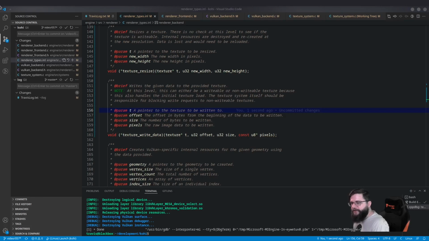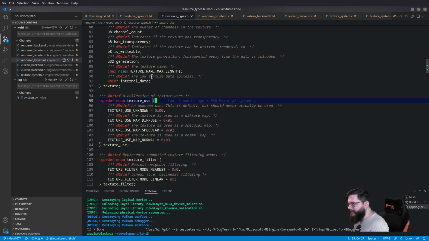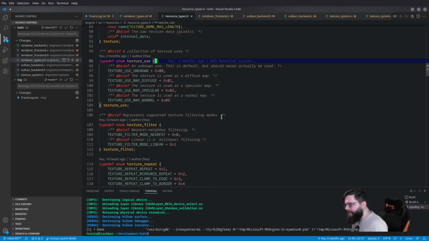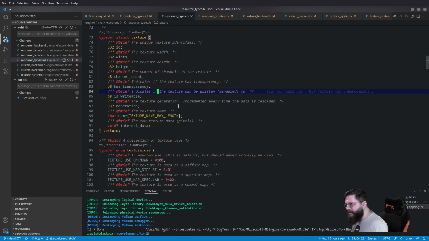There are a couple changes I want to make to the texture type itself. So I'm thinking we probably ought to go ahead and hit those up first. So if we go to resource types.h,